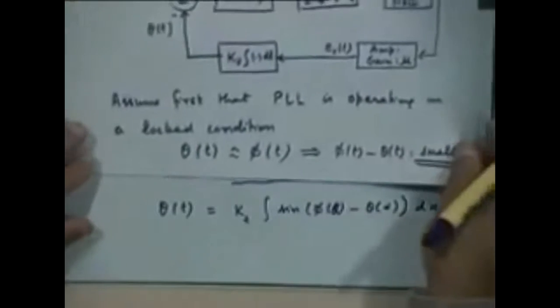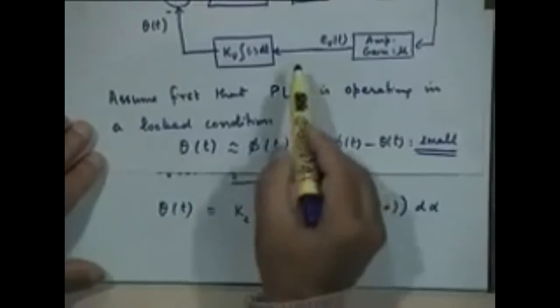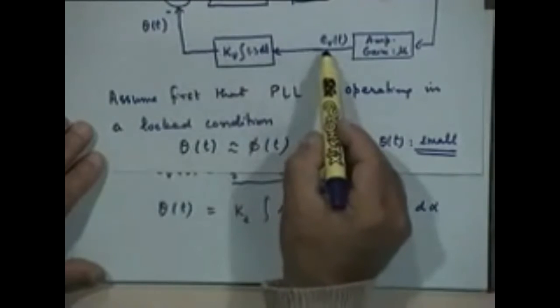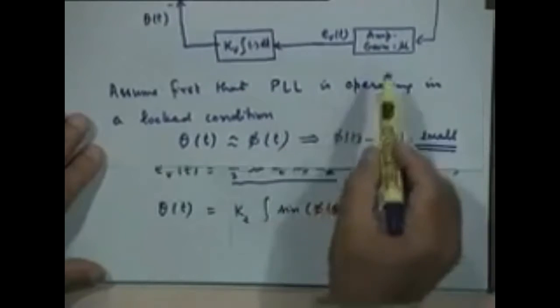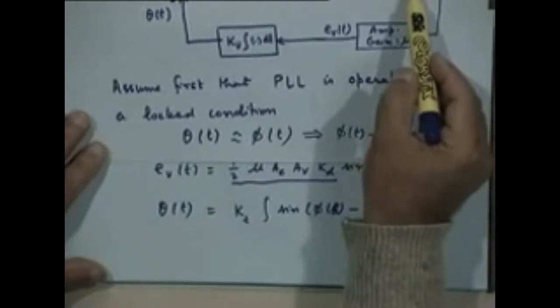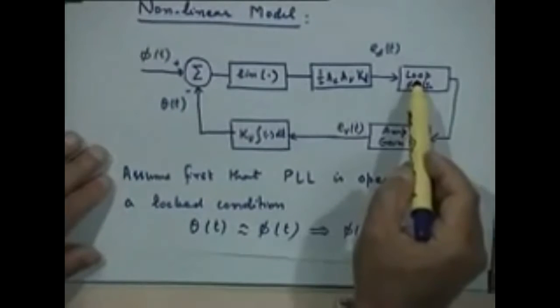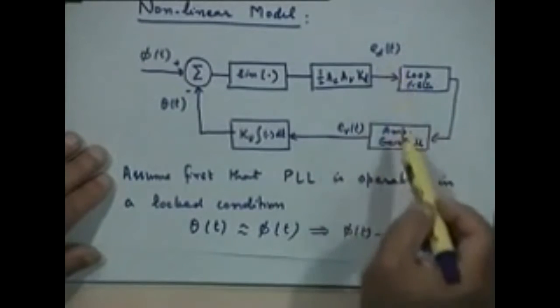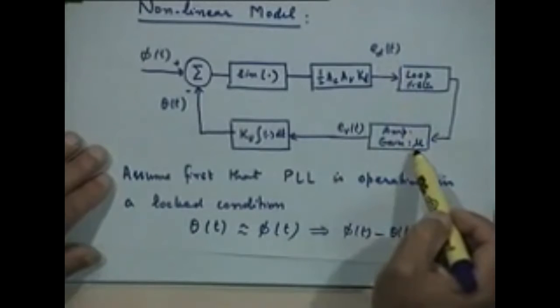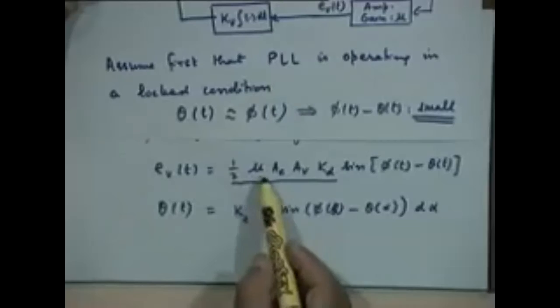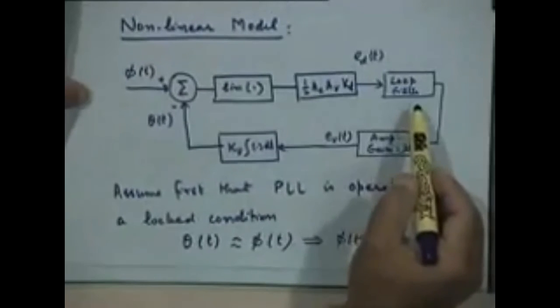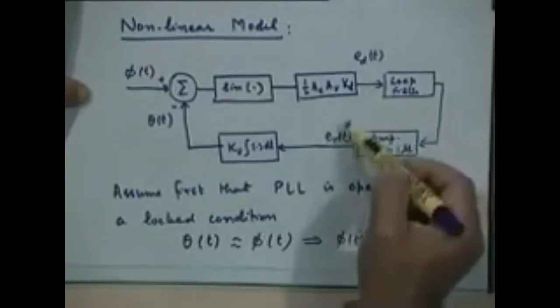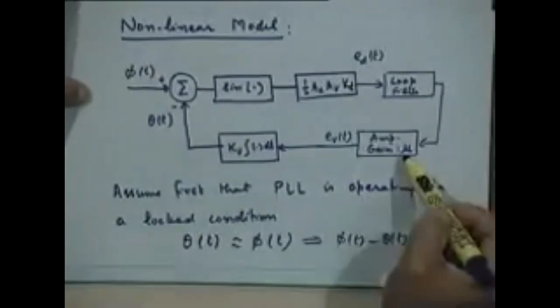You see where it is coming from? We are looking at this output, this is the integral of this. Now, because the loop filter has gone, E sub V of t is nothing but equal to E sub d of t except for a constant mu. So, therefore, E sub V of t is the same thing as E sub d of t except for including mu. I am able to do this because I am assuming that the loop filter is absent. So, these two things become the same except for the constant mu.